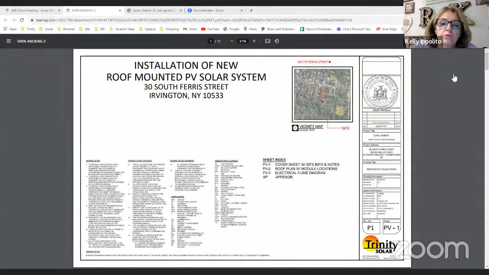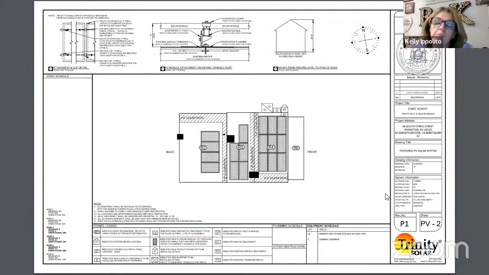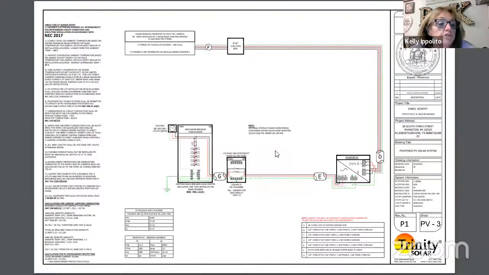Okay, so what we're proposing is an 18 panel system, black on black panels. I do apologize. Every time we're at an ARB, we obviously do not want to install on the front roof that faces the street. However, as you can see, the way the house is situated, there's no other way to do it because it's facing the south area. So we have 3 different arrays on 3 different roof surfaces, all following code. It's black on black panels. And the 3rd page shows you the electrical diagram of how we're going to tie into the existing electrical system.